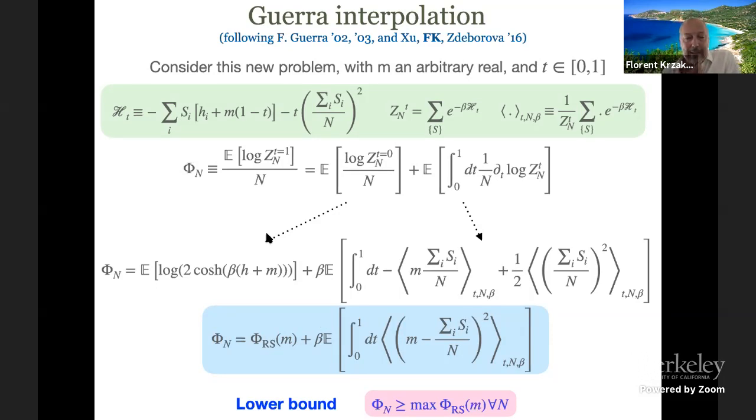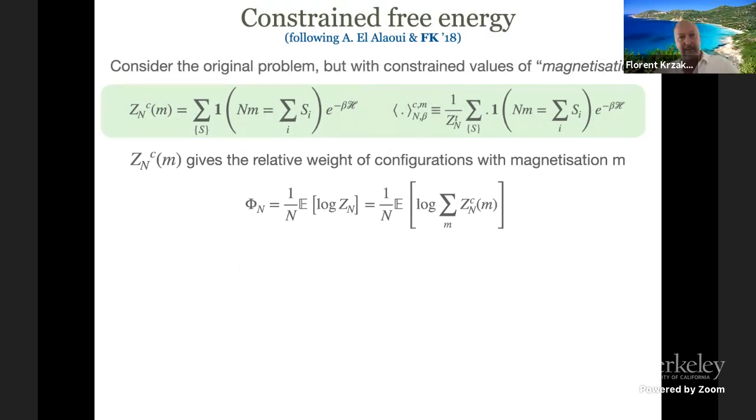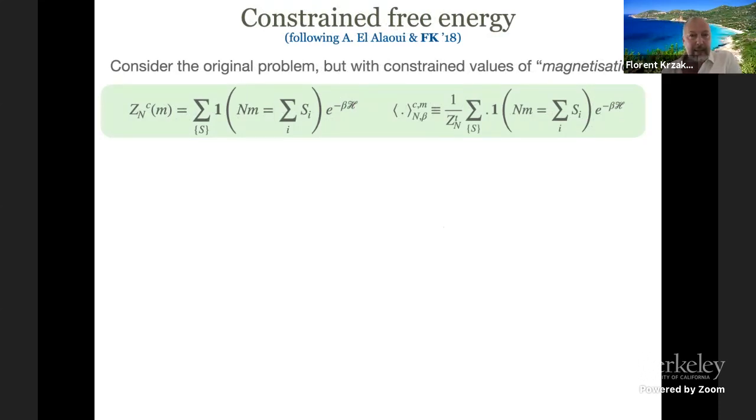Thanks. All right, how do we get the converse bound? And this is the one which is usually harder, and there are many tricks to do it. I will use here one trick which I learned from Ahmed El Alaoui, actually in Berkeley as well. And it's an interesting trick because it allows me to introduce another quantity, which is a constraint free energy. All right, now I'm going to use this object, the constraint partition sum, where I'm summing over all configurations, and I'm putting an indicator function saying, look, I will keep only the configurations where the sum of variables is equal to n times small m.